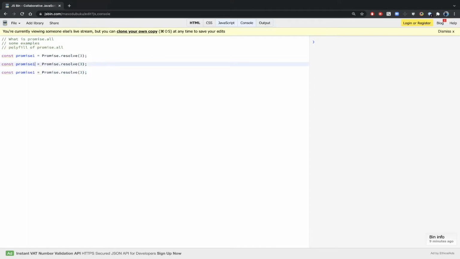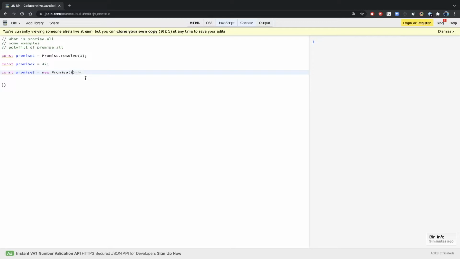So I'll have another promise2. I'll just give it a simple value 42, and we can create a new promise itself here. So this is the way to create a new promise in JavaScript. Here we just use Promise.resolve to return a new promise having value 3. Here simply we are giving some value, so that I can explain to you the case where Promise.all can have a normal value as well. So we'll see what happens.